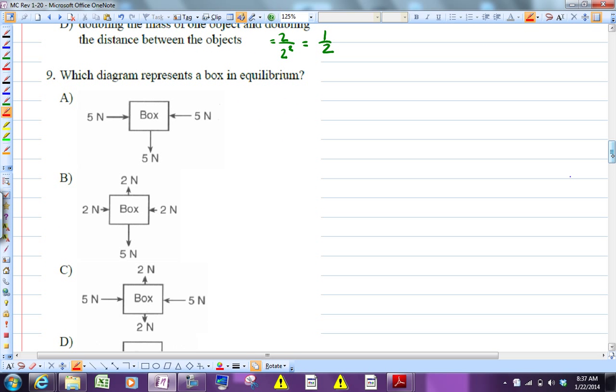In question 9 here, they want to know which represents a box in equilibrium. Equilibrium is sort of a magic word. What equilibrium means is that when you take all the forces on the object and you add them all up, the net force is 0. Now for my students, I always tell this story, and it's a little silly, but I like to think about